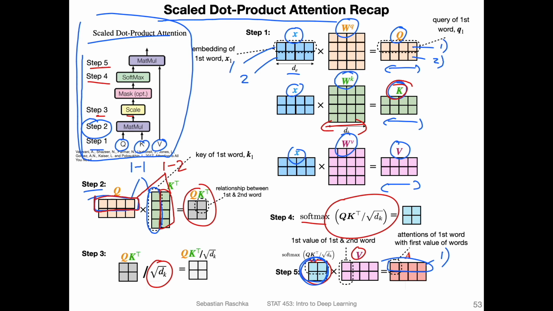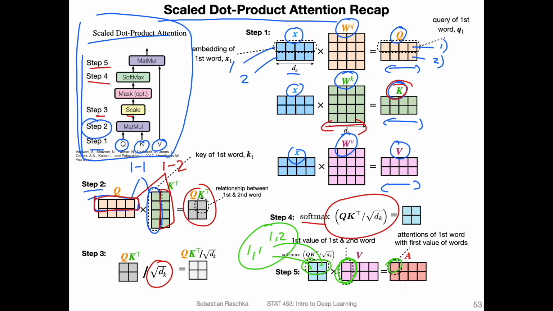For instance, if we consider this, let's make this cleaner here. So if we consider the first row, and this one, like I said, captures the relationship between word 1 and word 2. So this is word 1 and word 1 and word 1 and word 2. So it's all the relationships for word 1. And then here are the first elements of word 1 and 2. And this captures then word 1 essentially with the relationships with word 1 and 2, if that makes sense. And then we continue.